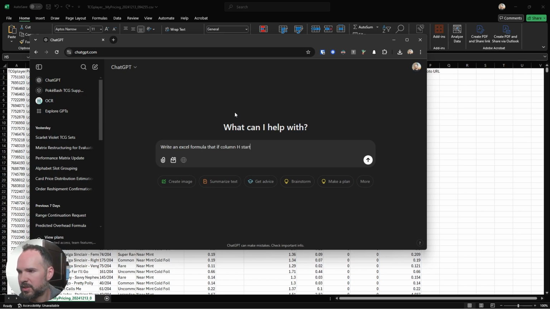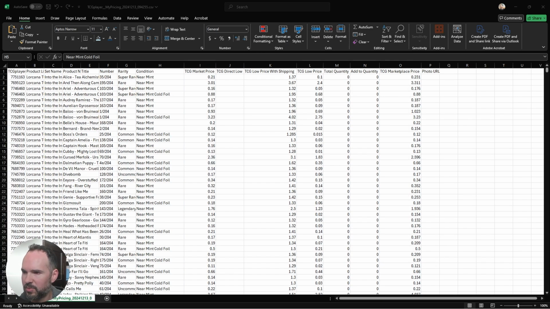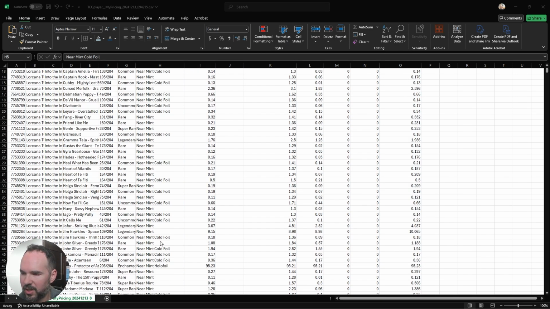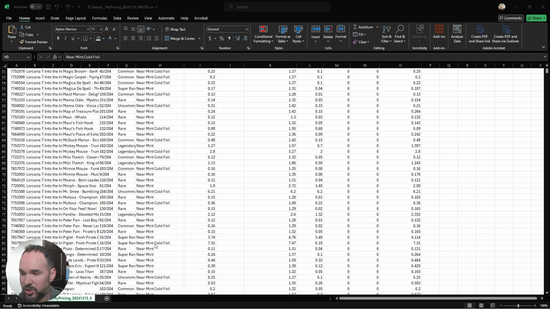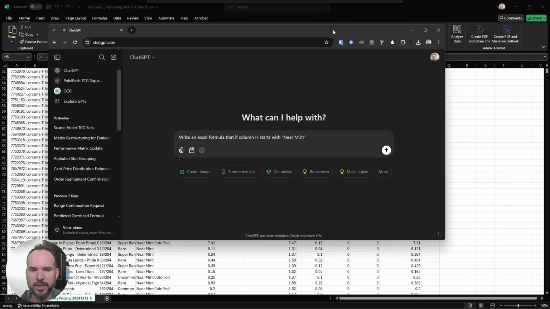It starts with near mint. So I'm saying starts with near mint because every one of these is going to start with near mint, but then it might have some other stuff above it. I don't know how to do that in Excel, so let's say: starts with near mint,